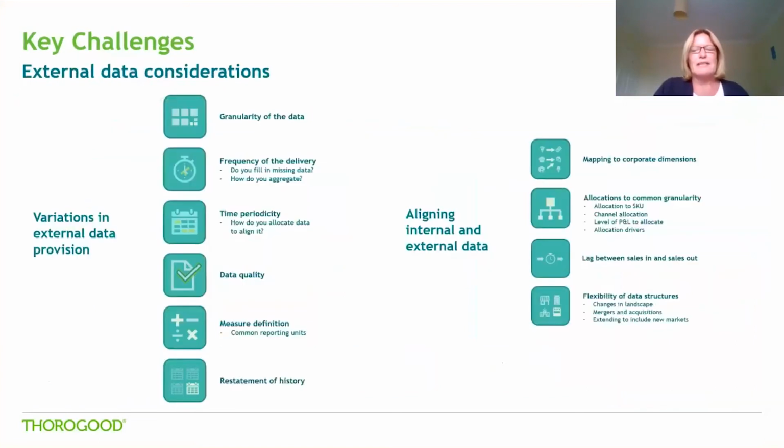So what were the key challenges we faced in delivering this system apart from the very aggressive timelines? As I've mentioned previously, we have as a company vast experience of working with external data from providers such as Nielsen and Ipsos. And so we are fully aware of issues and approaches to take. I'm showing here some of the fundamental things to look out for, and each of these challenges was encountered during